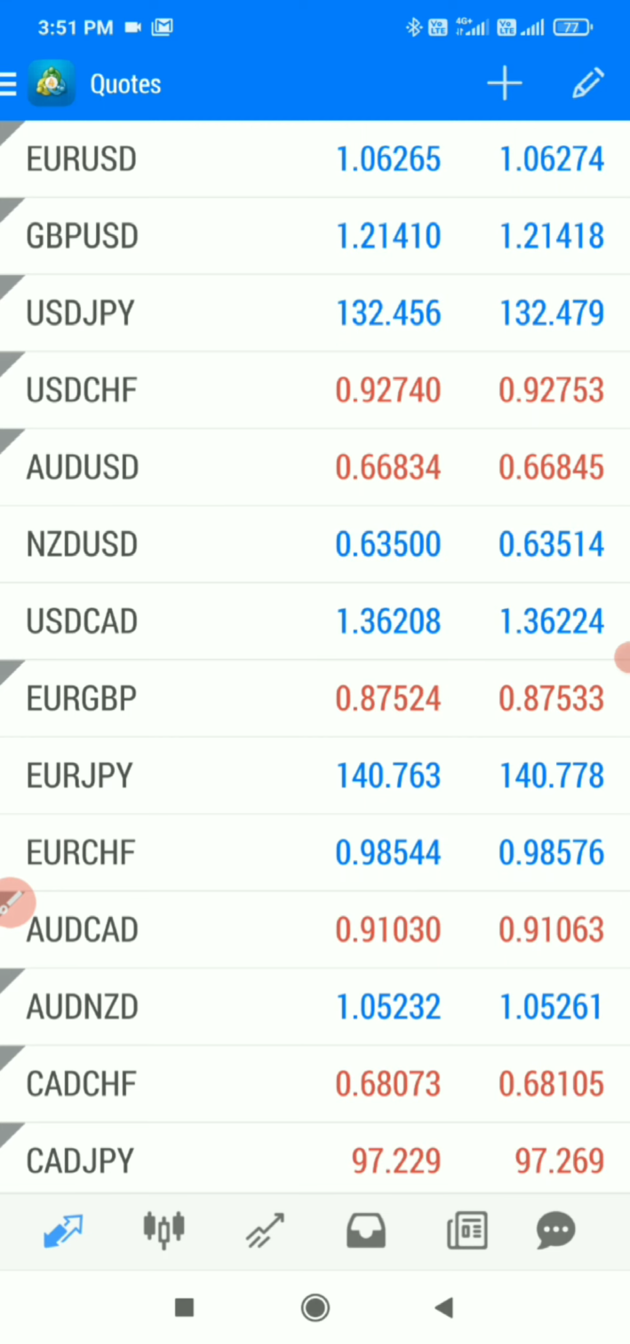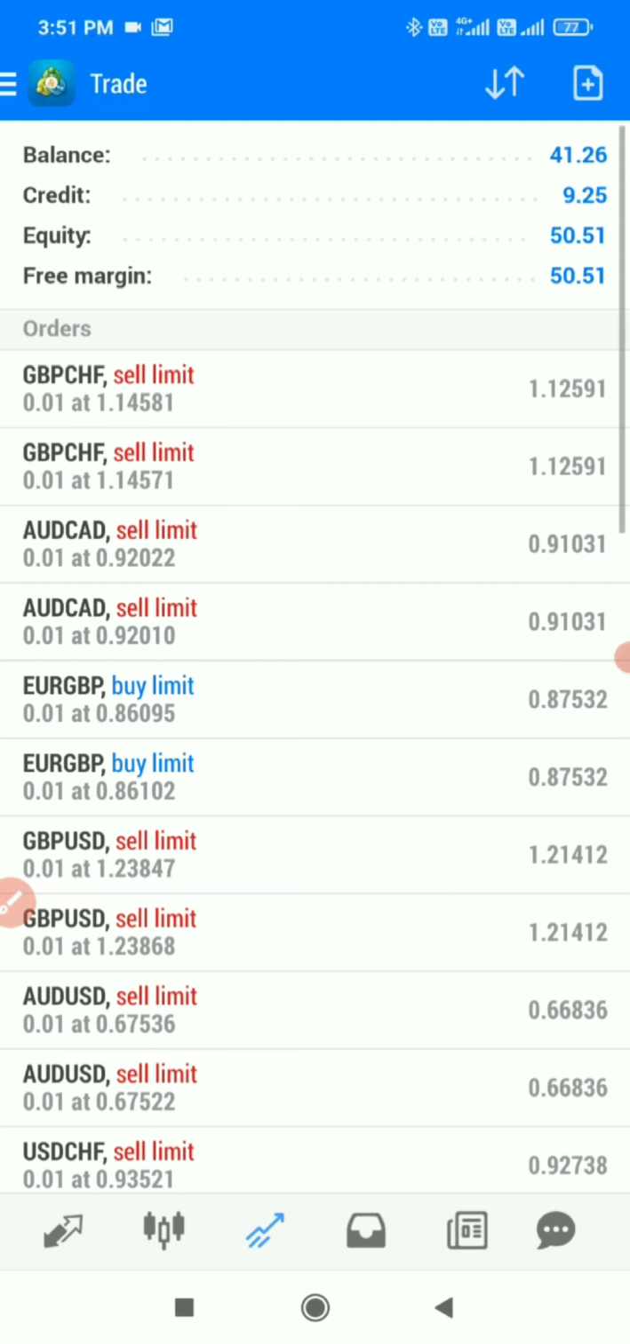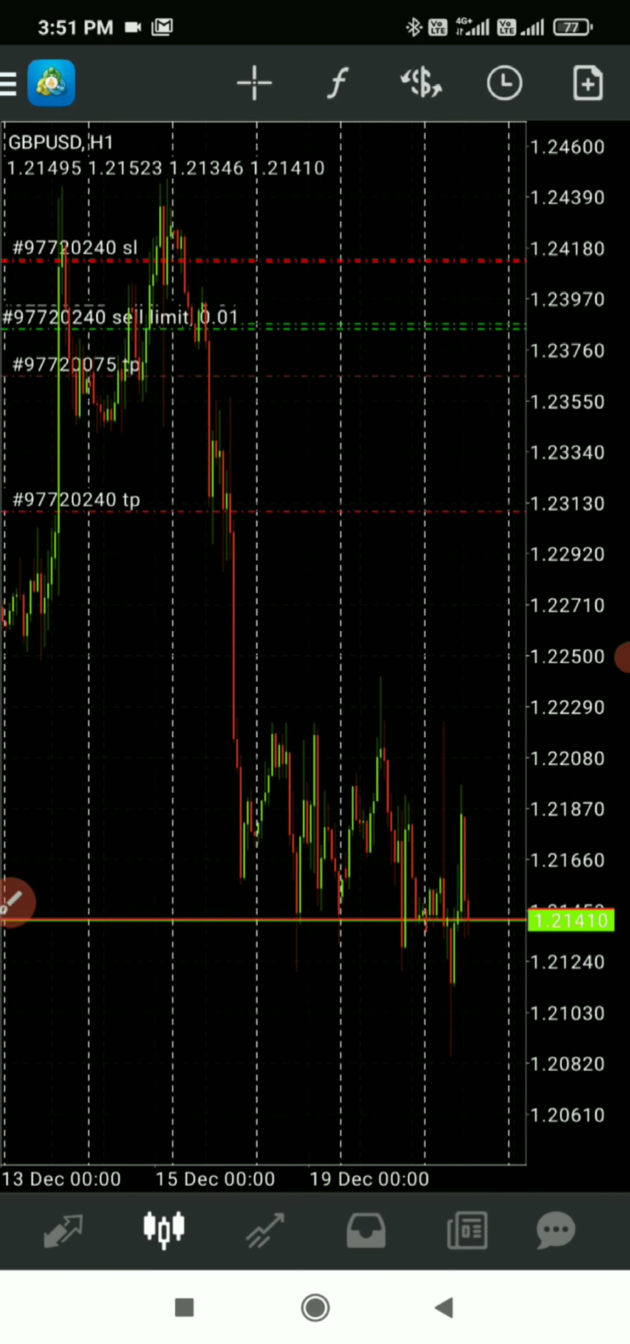Let's not waste the time and let's go directly to the chart. So I have opened my chart here. You can see the indicators which we will be adding now. The first one